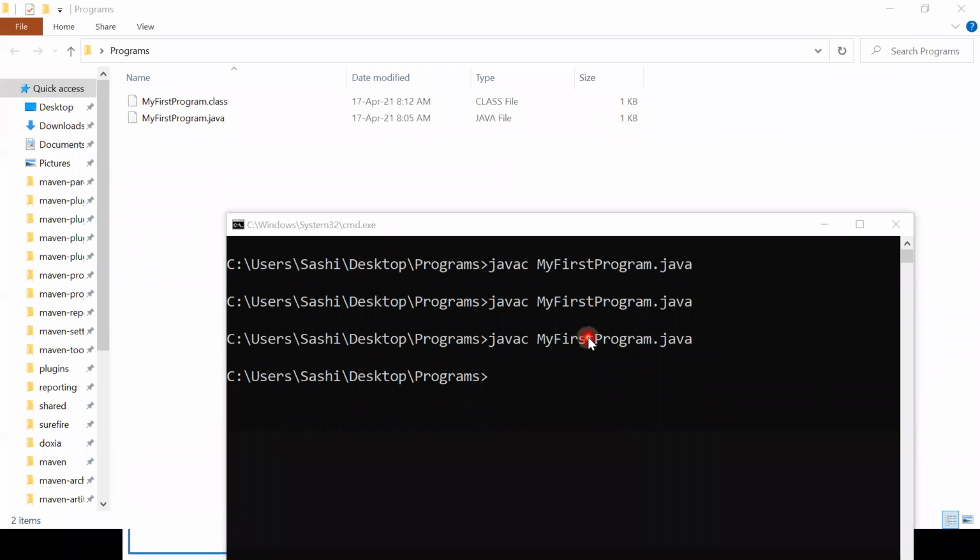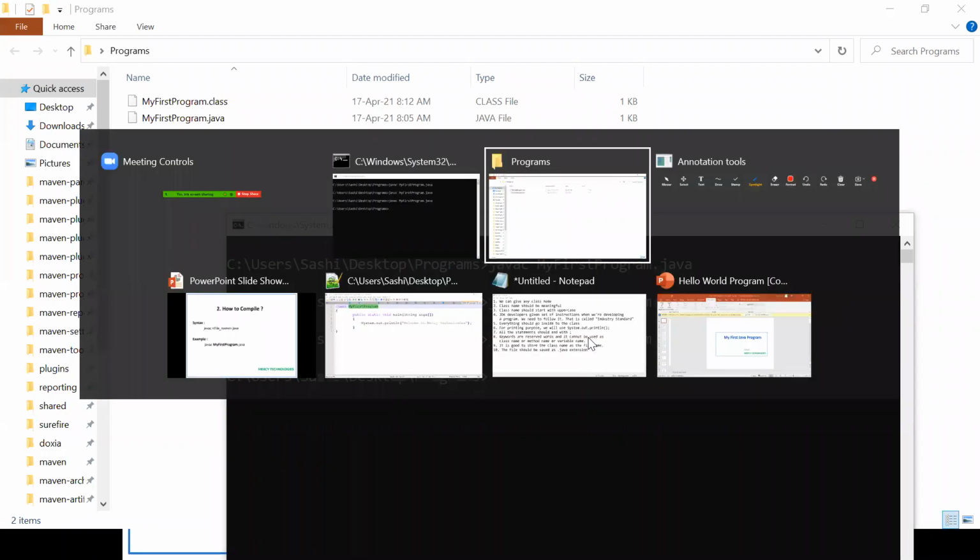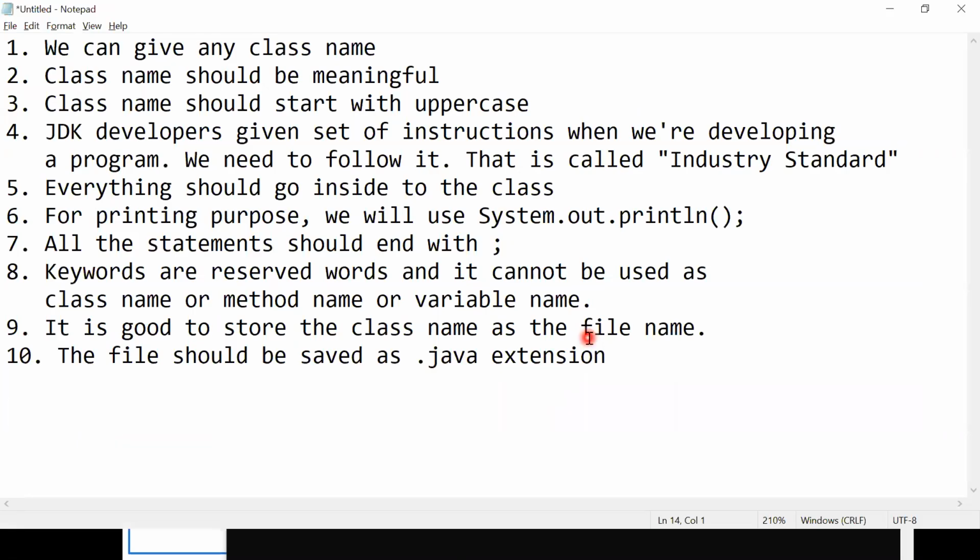Now, before going very in depth into what goes on when we are compiling, I will give a very high level view. Now we have seen how to compile the Java program. It's simple. For compiling, you need to use javac class name dot java. Class name I have given in brackets because it is a dynamic value.